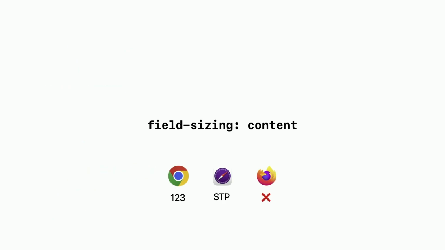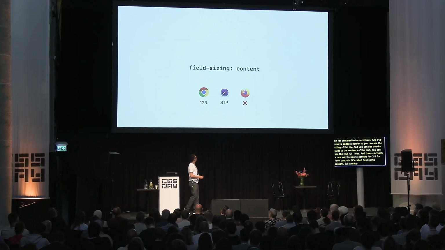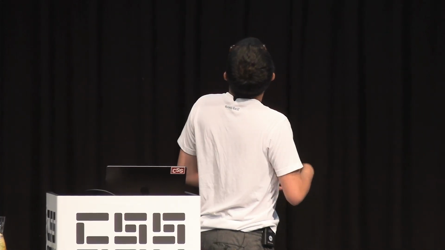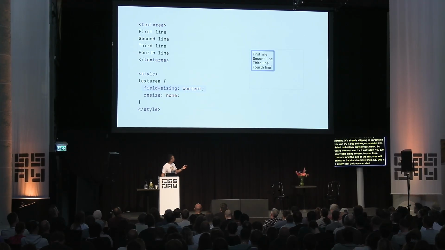And there's actually a new way to size to content in CSS for form controls, and it's called field-sizing: content. And it's already shipping in Chrome, so you can try it out. And we just enabled it in Safari Technology Preview last week. So this is how you can try it out today. You just apply field-sizing: content to your form controls, and the size of the text area will adjust as I add and remove lines. So this is a pretty cool trick you can start using now if you want. I mean, Firefox doesn't support it, but